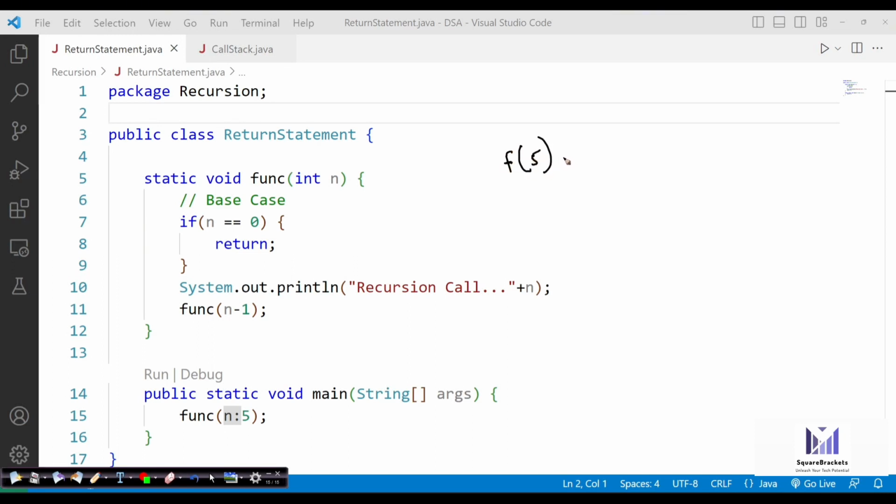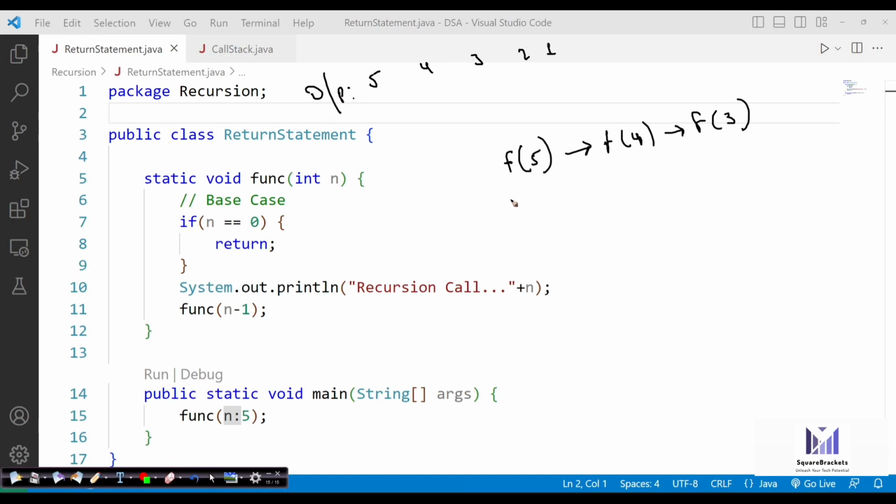Now F5 calls F4, then it calls F3. So what exactly are we doing? We are converting our large problem into a small problem. We just needed to show in output 5, 4, 3, 2, 1. This is the desired output.